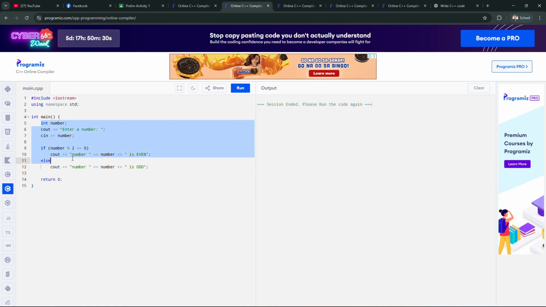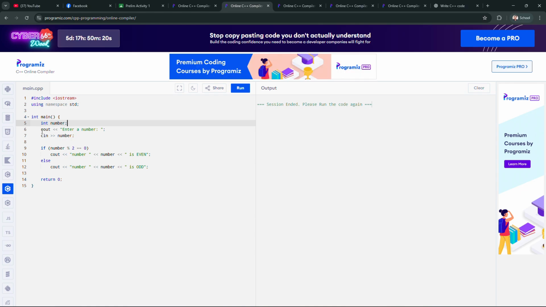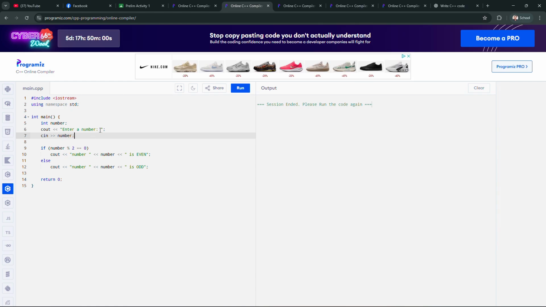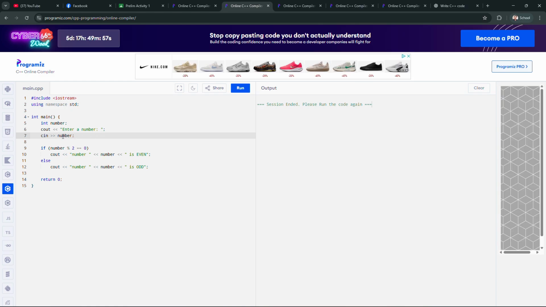So in our main program, we have created a variable int number, set its data type to int, and then we have to output a prompt to allow the user to see that he will input a number, and then to allow the user to input, we need to use cin for the inputted value of the user and store it to the variable number.